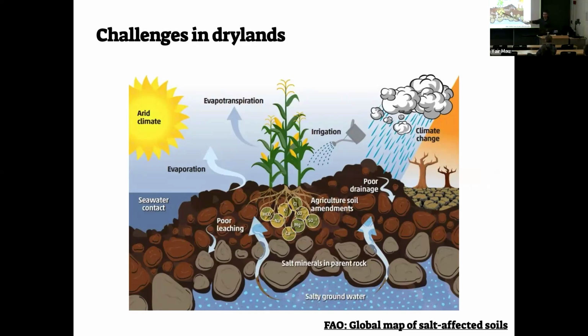The salt cations can come through irrigation that I mentioned before. They can come from below, from the salty groundwater, as I mentioned was the case in the Mesopotamian civilizations. And if there is not enough drainage of the soil, then you can have an accumulation. And you can have drainage through the irrigation water itself or the rainfall. So just to give you a sense of the dimension of the problem.